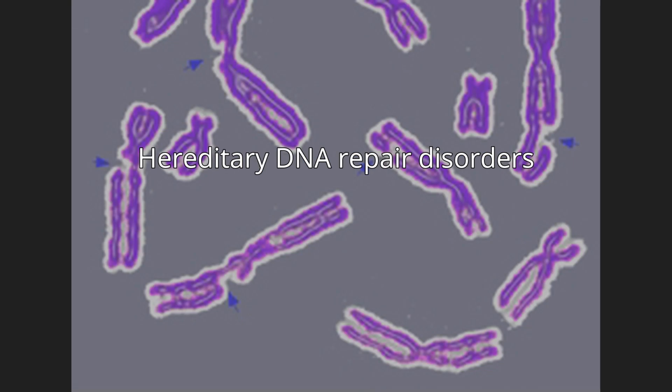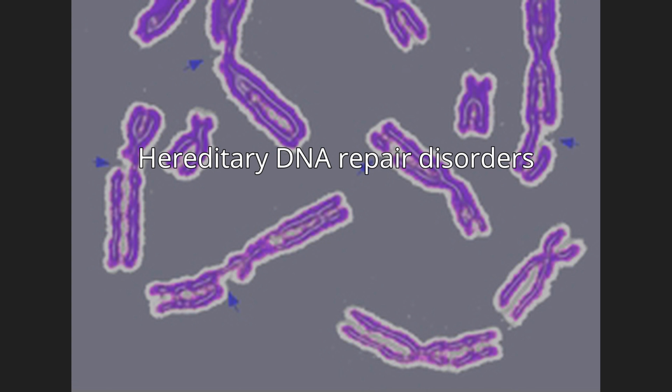Hereditary DNA repair disorders. Defects in the NER mechanism are responsible for several genetic disorders, including xeroderma pigmentosum, hypersensitivity to sunlight/UV resulting in increased skin cancer incidence and premature aging, Cockayne syndrome, hypersensitivity to UV and chemical agents, trichothiodystrophy, sensitive skin, brittle hair and nails. Mental retardation often accompanies the latter two disorders, suggesting increased vulnerability of developmental neurons.